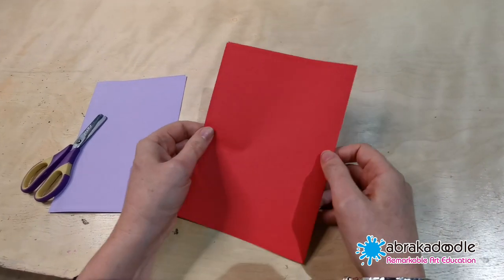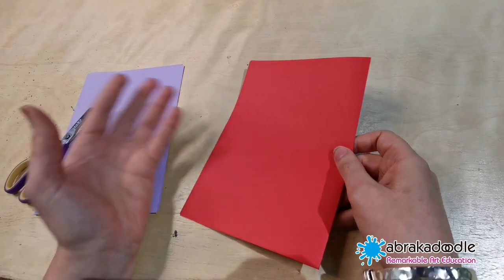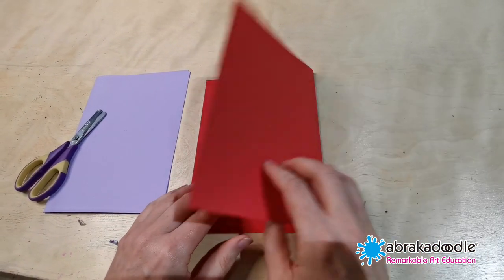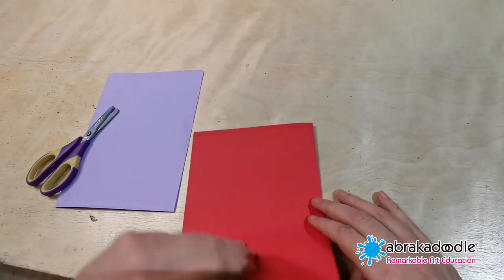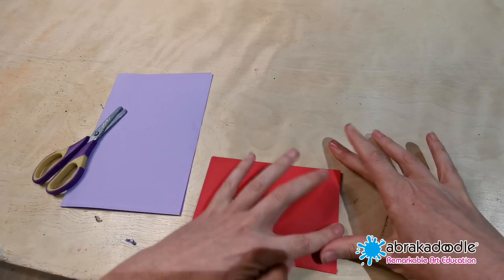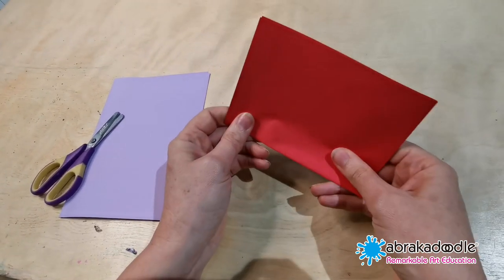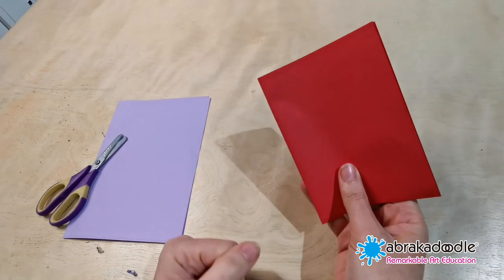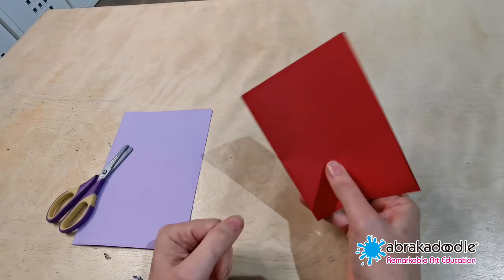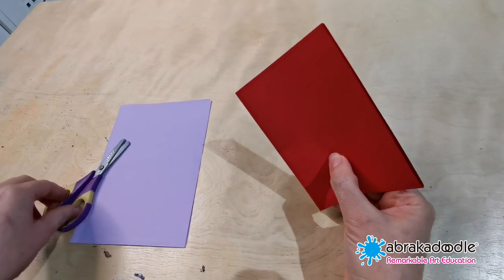Okay, so you might want to try cutting a number of shapes that are the same at once. If you want to do that, you can actually fold your piece of paper in half, or even two times if you want to make more than one shape at the same time. Now remember, you're going to be holding the piece of paper that you're cutting with the hand that you don't cut with. Now I'm a left-hander, so I'm going to hold my piece of paper in my right hand,